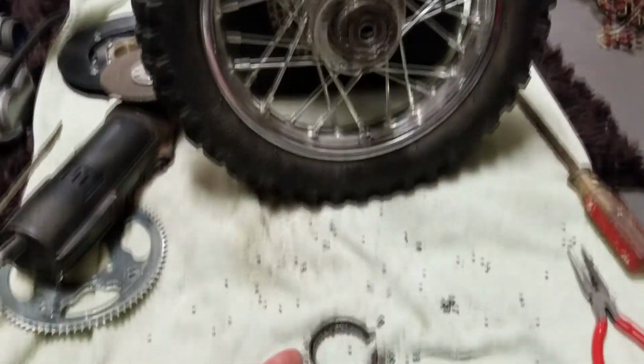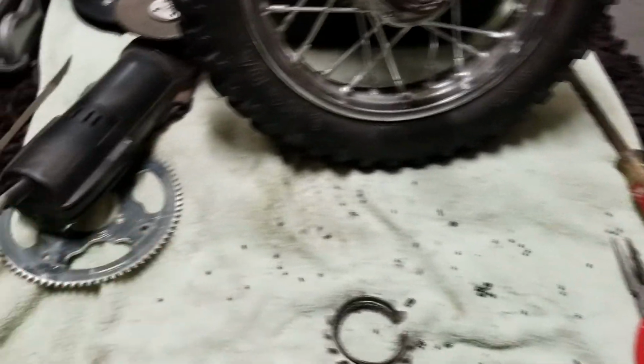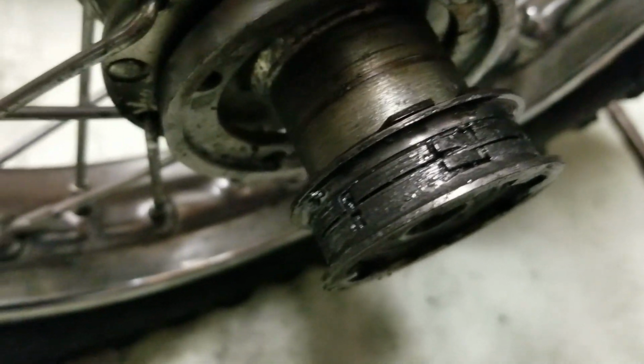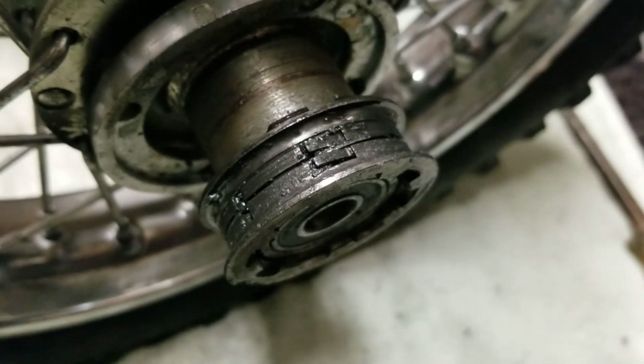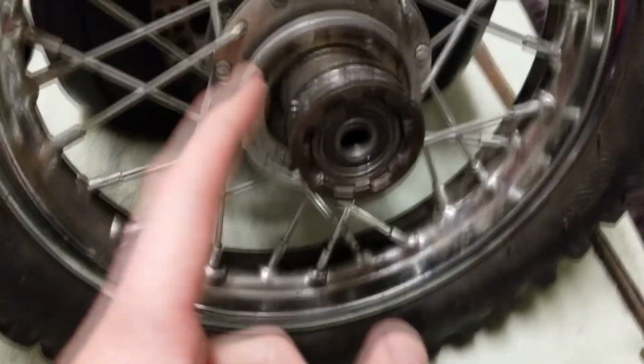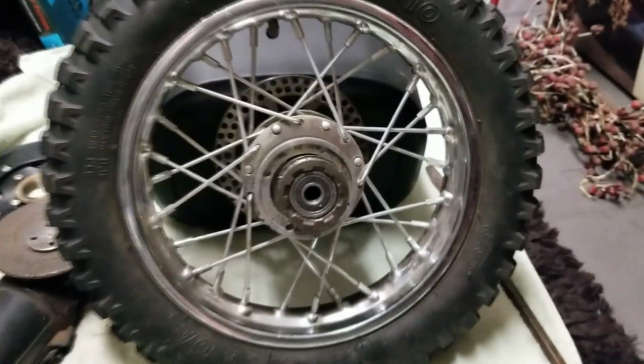Now with this process, after the outer ring is off, I have ball bearings everywhere, so again, be careful of that. So what's happening is we can see these little grooves right here. The teeth are worn down, so it's just free spinning, and unfortunately, because it's free spinning, it stripped the threads that are beneath this. We still have to get this one off, so I'm actually going to try to see